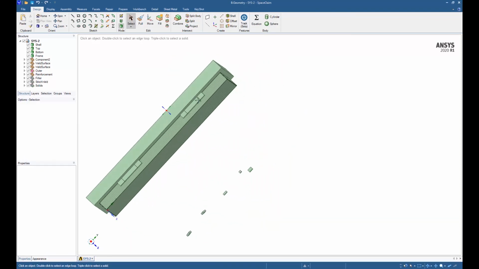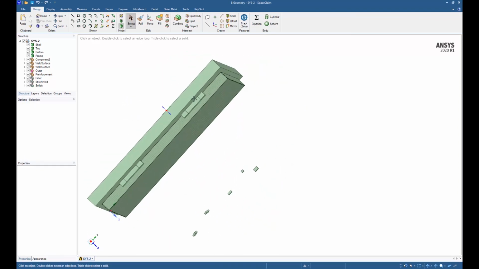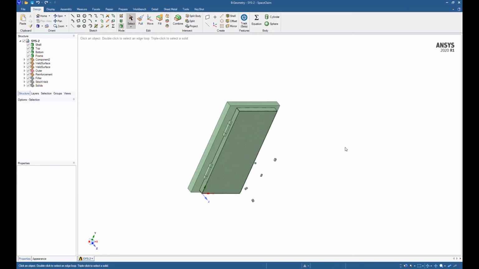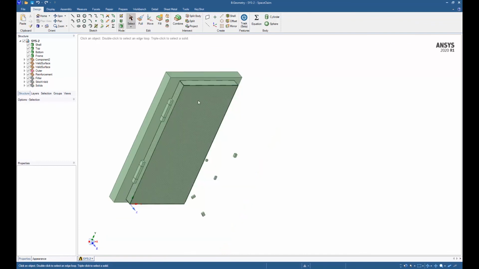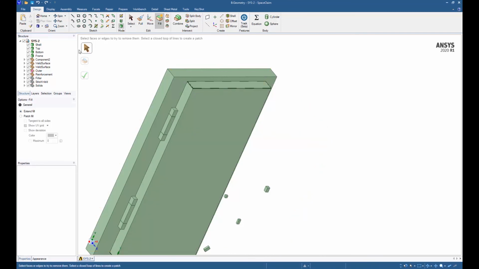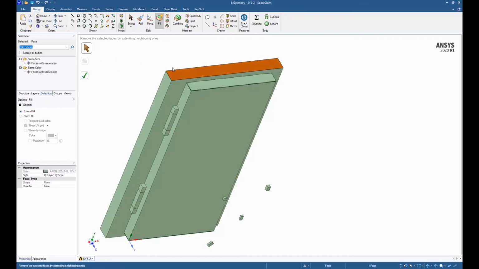So first thing is that ANSYS SpaceClaim is a CAD tool, and in this CAD tool you can do a lot of geometry cleanup and features before taking it to ANSYS. So for example, here I went to the fill tool, and I used that to select a lot of surfaces here, and then I filled it and I simplified those surfaces.